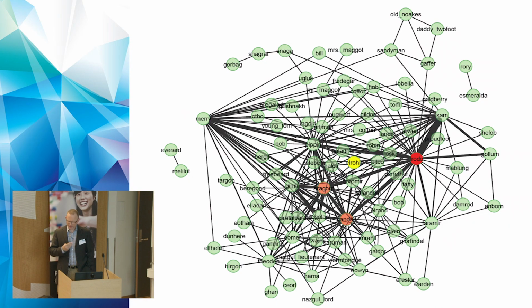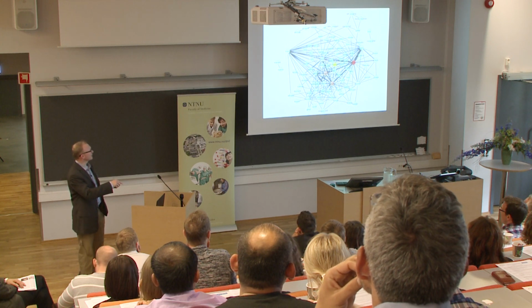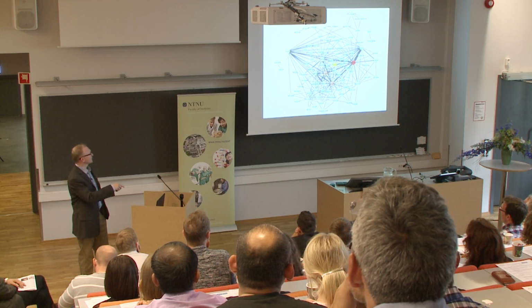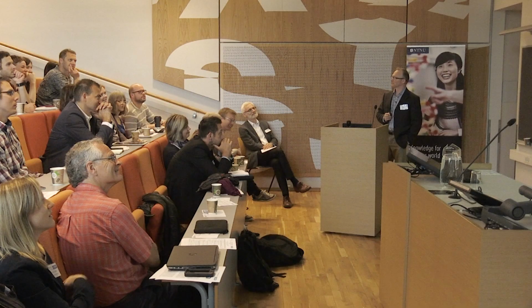So to introduce and get a common ground for what I mean when I say network, I put up this example. If you look at this, I hope that some of you can recognize what it is. Anybody want to dare to raise a hand just to show that you understand this? I'm not going to call on you. All right. So if you look at the names, you might recognize some of them. Frodo, Elrond, etc., etc. The social network of Lord of the Rings.